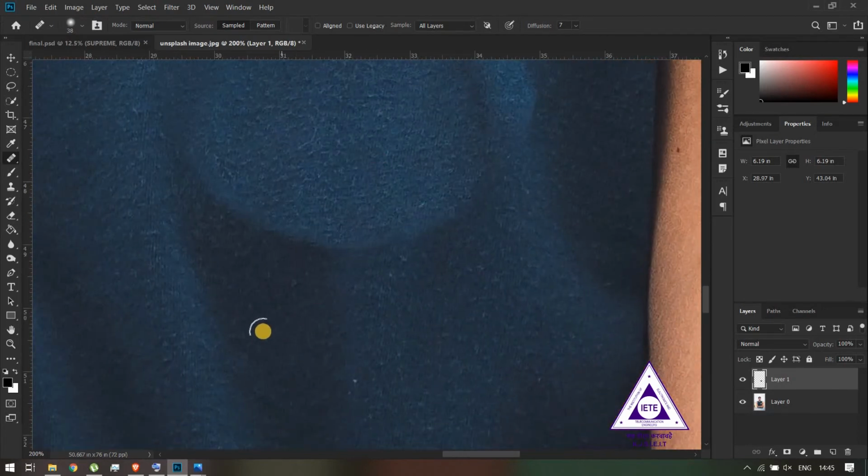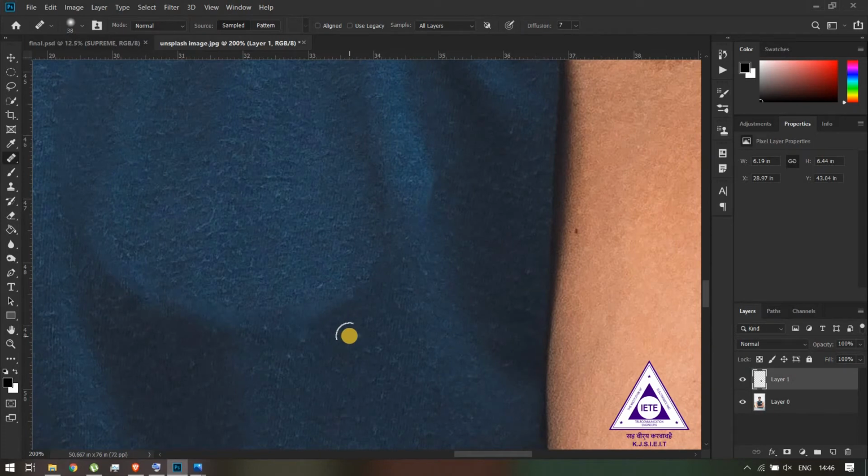What this tool does is that it lets you select an area, and it uses that area to blend with the area where you're moving the tool. So I selected this area by holding down Alt and then clicking on the area, and now if I just go over this area, it will blend that part of the area with this. I keep on selecting different areas, because you will be able to blend the logo that's hidden better if you select areas which are closer to the logo itself.